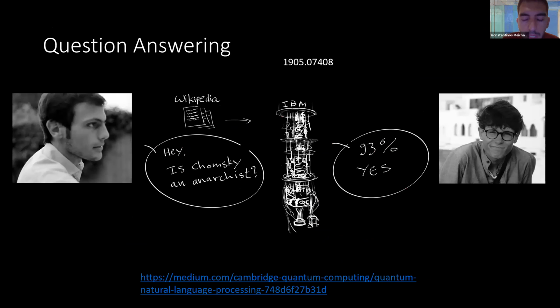So that's basically what I described here. What we call question answering, where you train your thetas and then you generate a new sentence with the same words, same vocabulary, same grammar, but a new sentence. And then you compute its truth label, and you do this by converting a question to a statement and running its circuit.